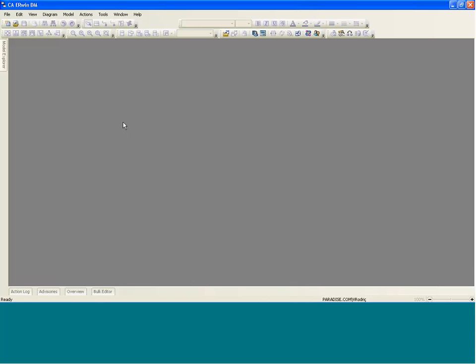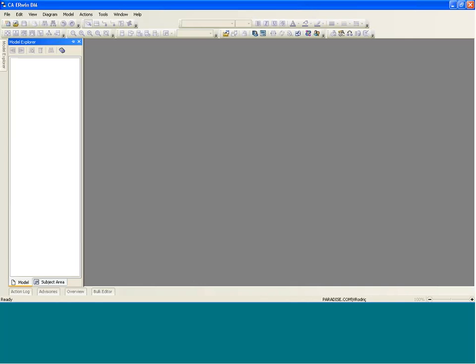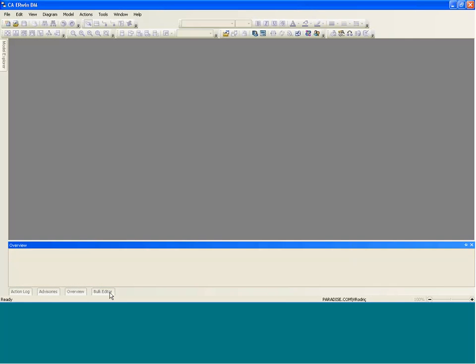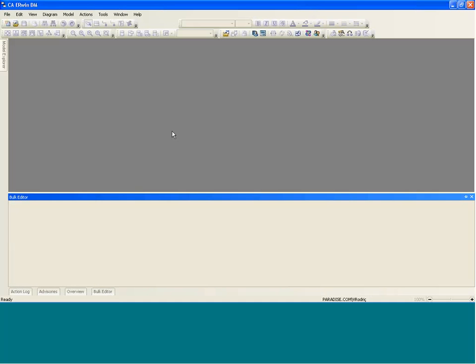So this is ERwin R8. Not much to see here. I have everything kind of minimized, and that's actually by design. ERwin R8 now allows you to basically invoke these editors as needed. This is something that's nice if you have limited desk space. You don't have to have your screens cluttered with all these different windows, especially as these new features have been